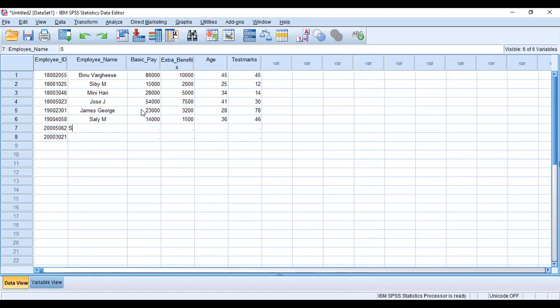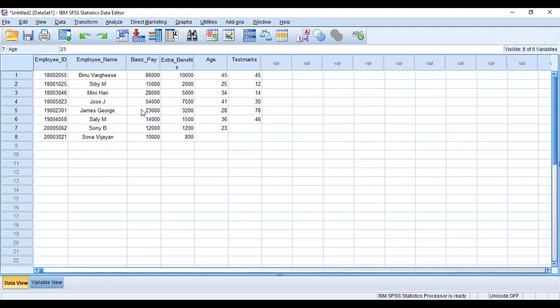Sony B. Sonam G. Entering the basic pay 12,000, and the last one 10,000. 1,200 extra benefit and 800 extra benefit.